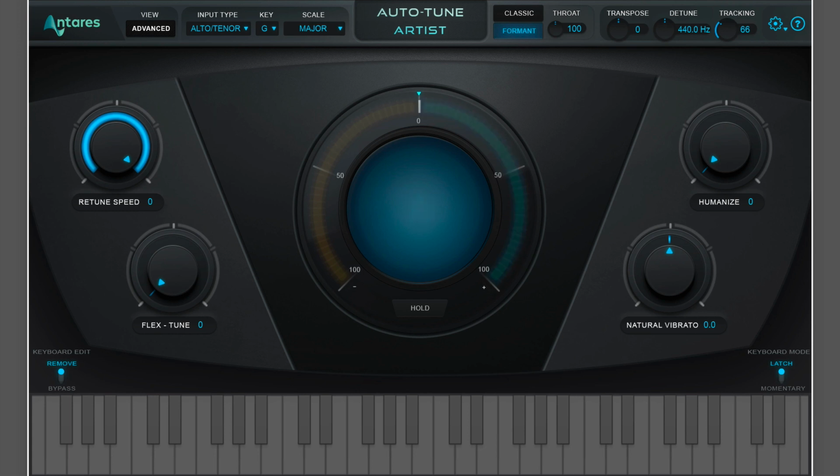So you sort of get that robot voice because the note transitions are too quick. So if you pull down your retune speed, or actually make the retune speed longer,